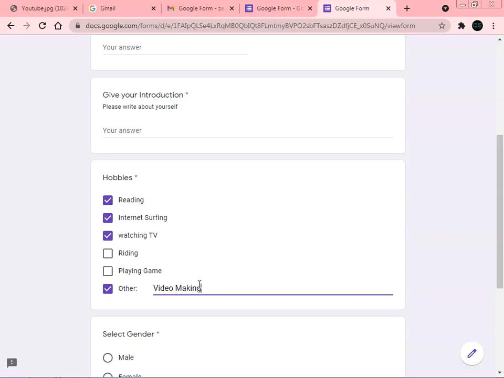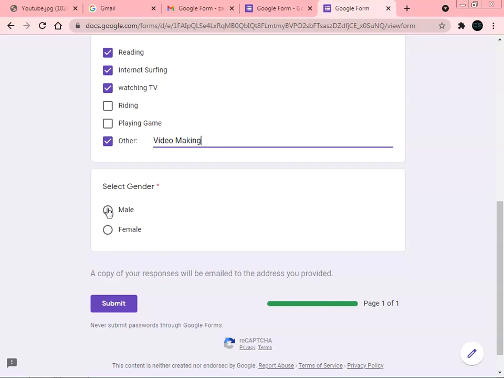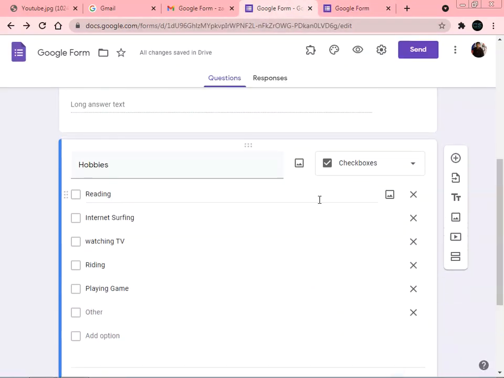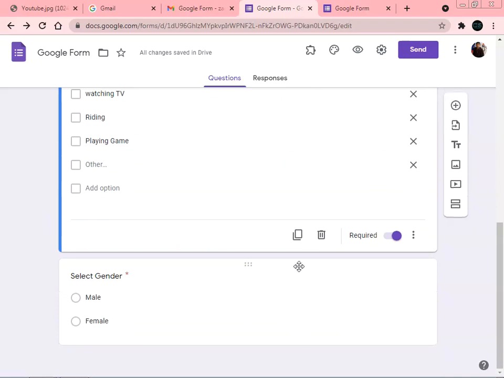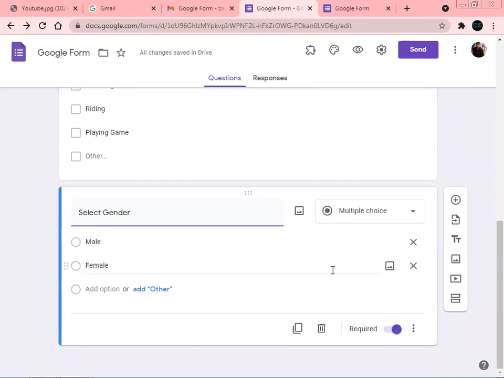In this case, this video making will be stored as the other hobby which is not specified in the form. But in case of multiple choice, we can select only a single option. So we selected the checkbox and below we selected the multiple choice option.